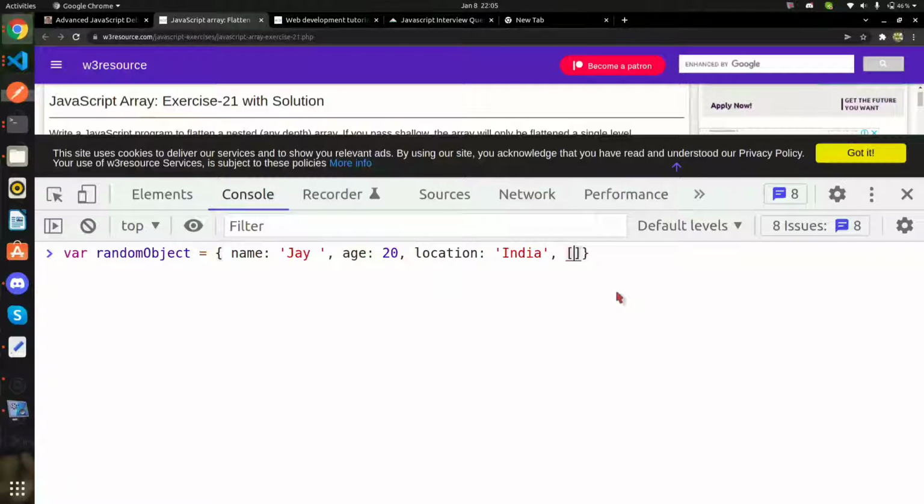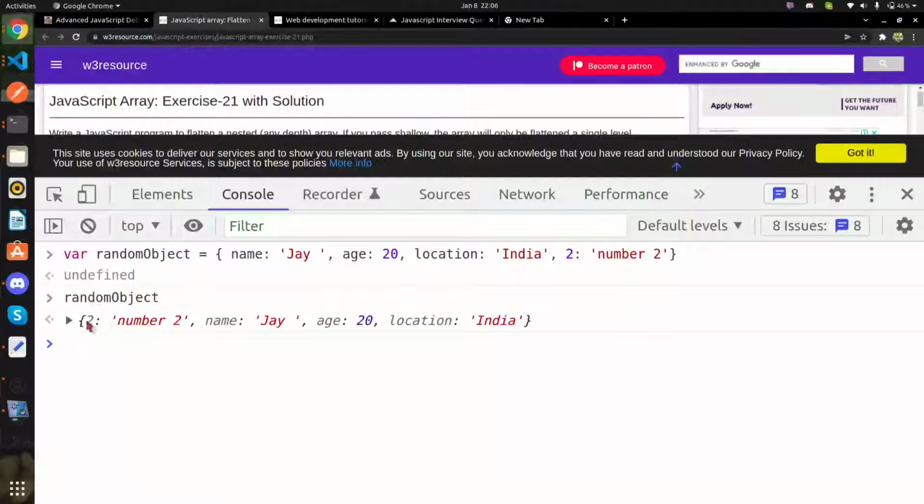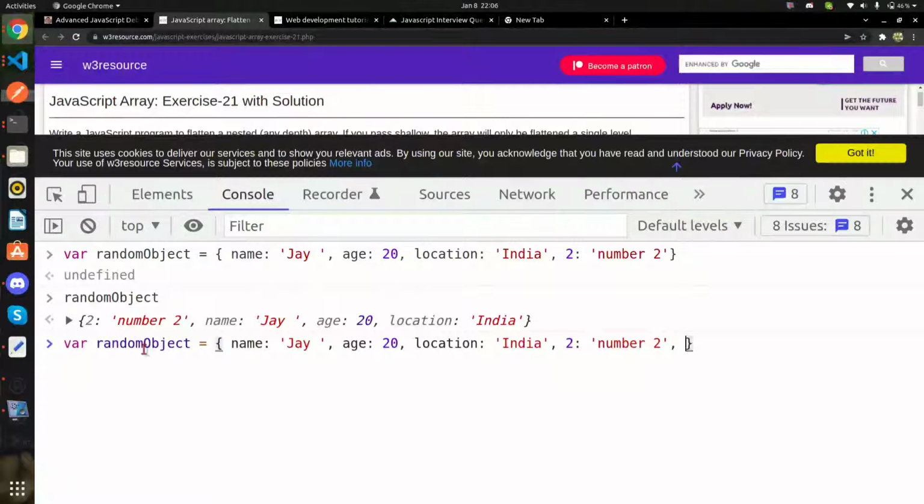So here we can also have a number type of key, and we can have a value like something, and as you can see here, it's a key which is a number, right? Similarly, we can have a string number, then we can have an array like this and have some values, which can be of any data type. Values can be of type string, number, array, boolean, object, anything, any sort of values.